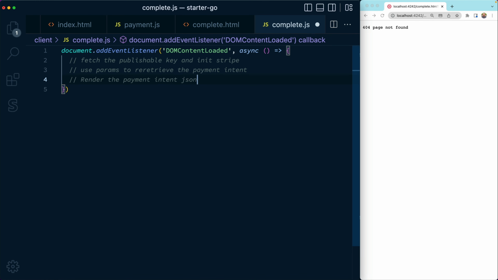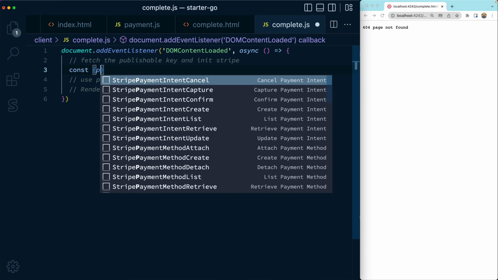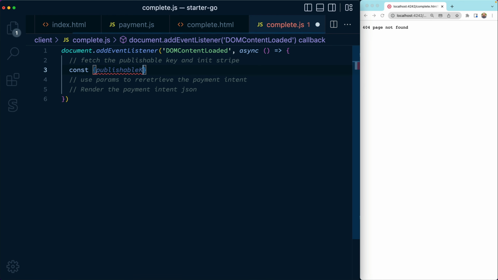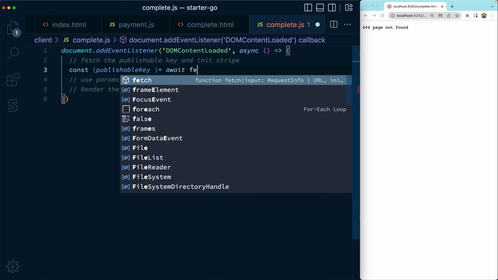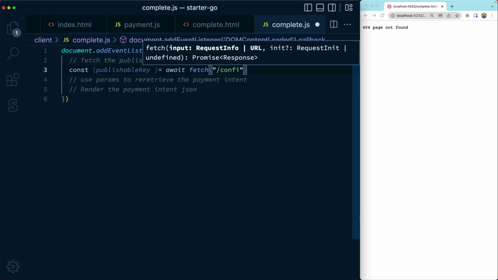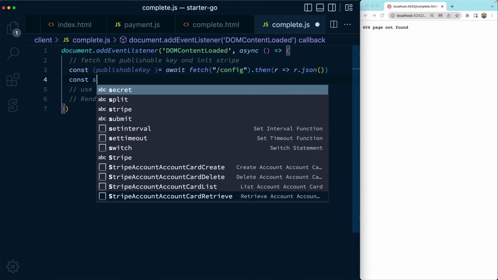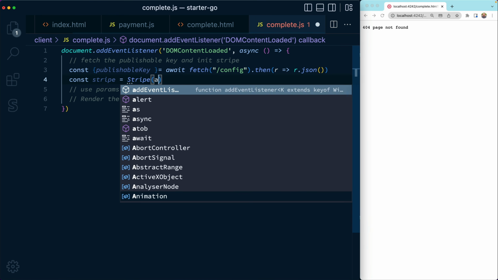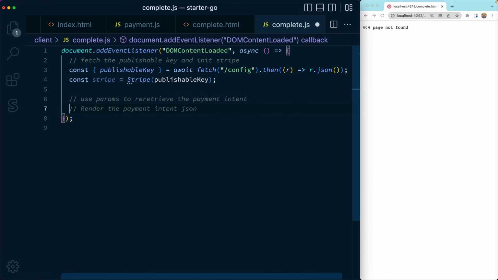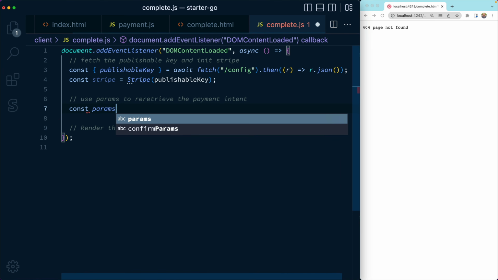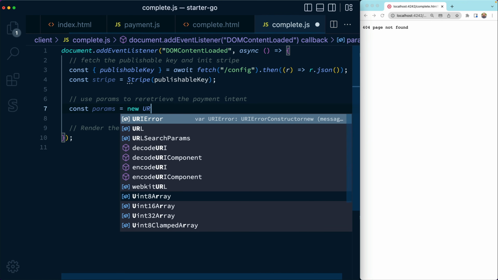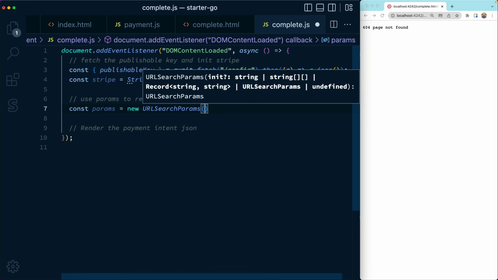Okay, so the first thing we want to do here is we're going to say the publishable key is await fetch /config. Okay, const stripe is equal to stripe. We're going to pass in that publishable key. Next, we're going to use the params to re-retrieve the payment intent. So we need to create a params object, which is going to be a new URL search params, and that's going to accept in